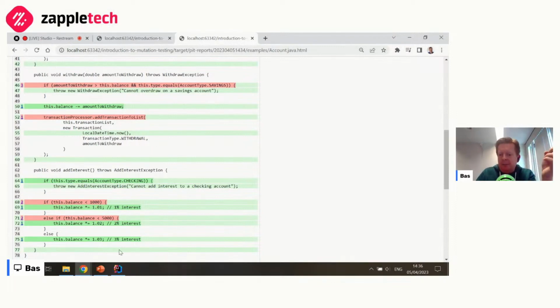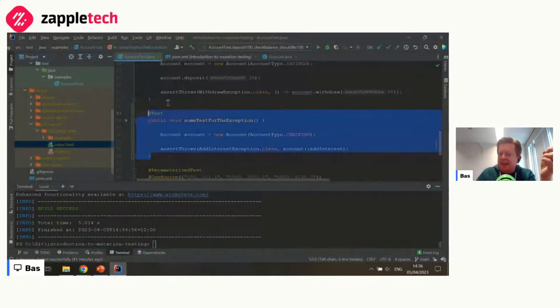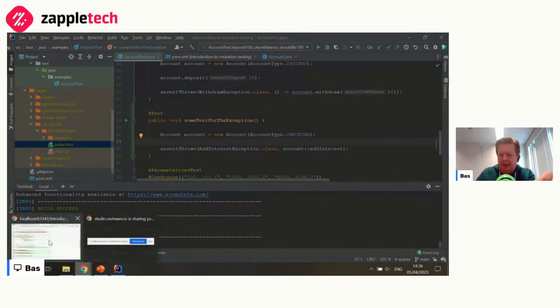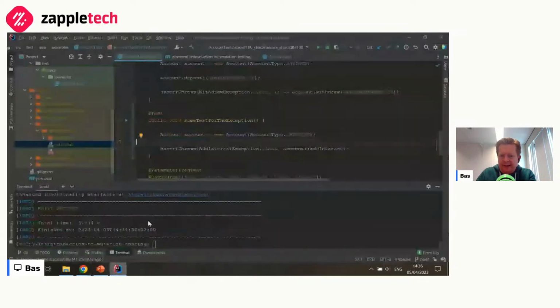And that was picked up by one of the tests, and more specifically by this test, because this test verifies that the exception is thrown, which means that this change was detected by this test.